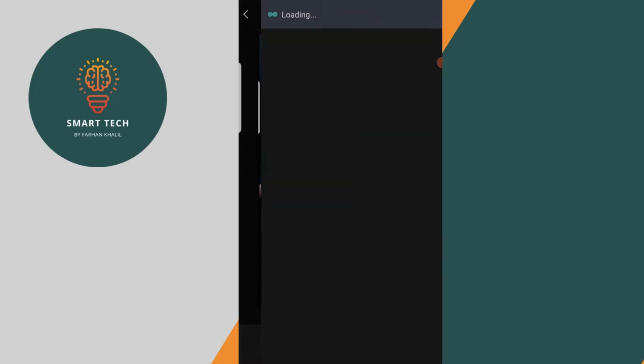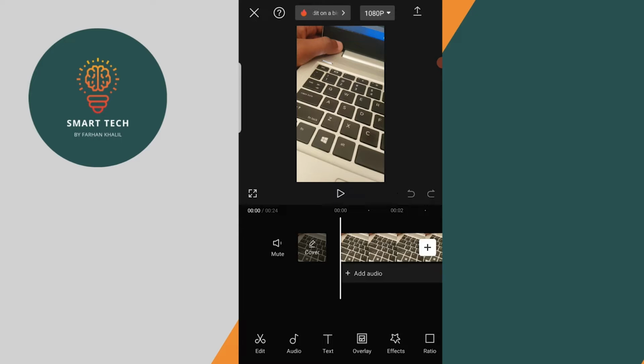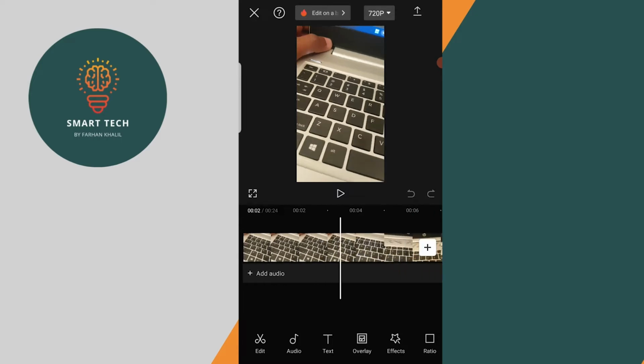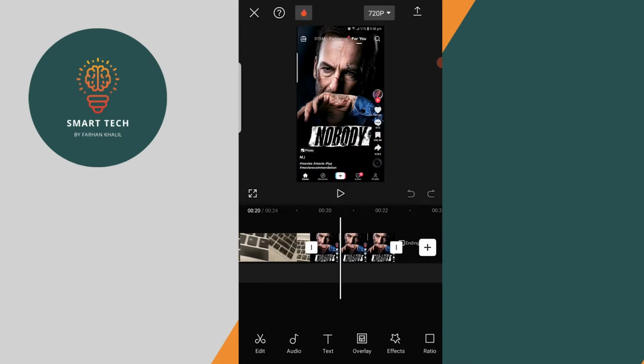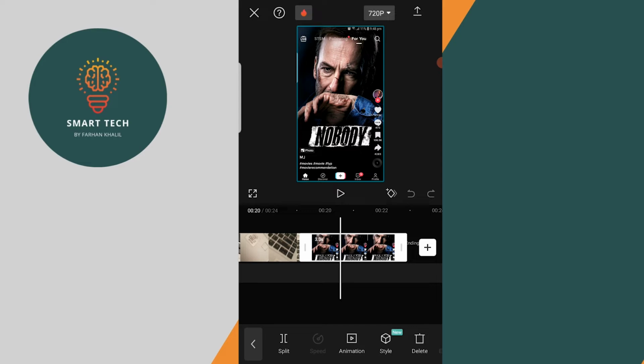So we have two things in our CapCut editor. One is the video and the other one is the picture that we have added. All right, so now how you can add a zoom effect in your video in CapCut is what you need to do is